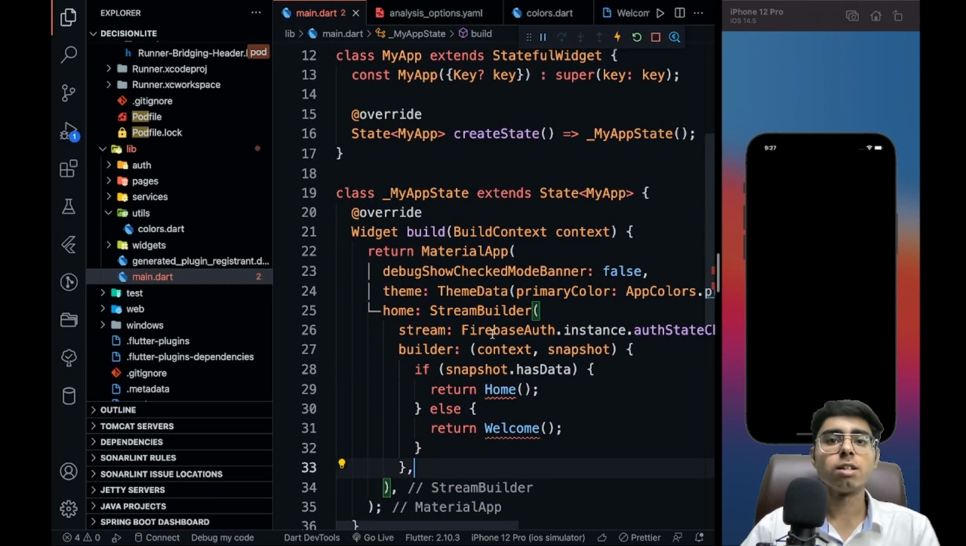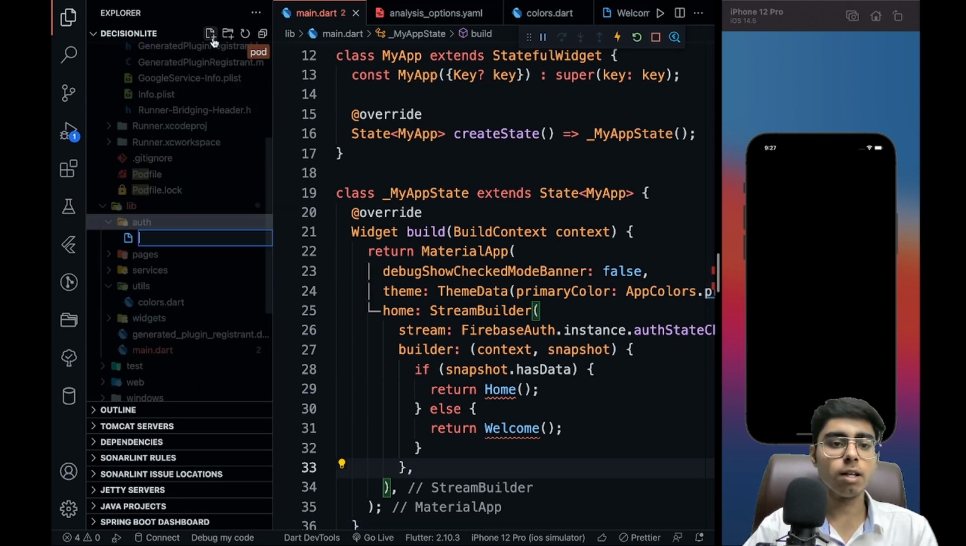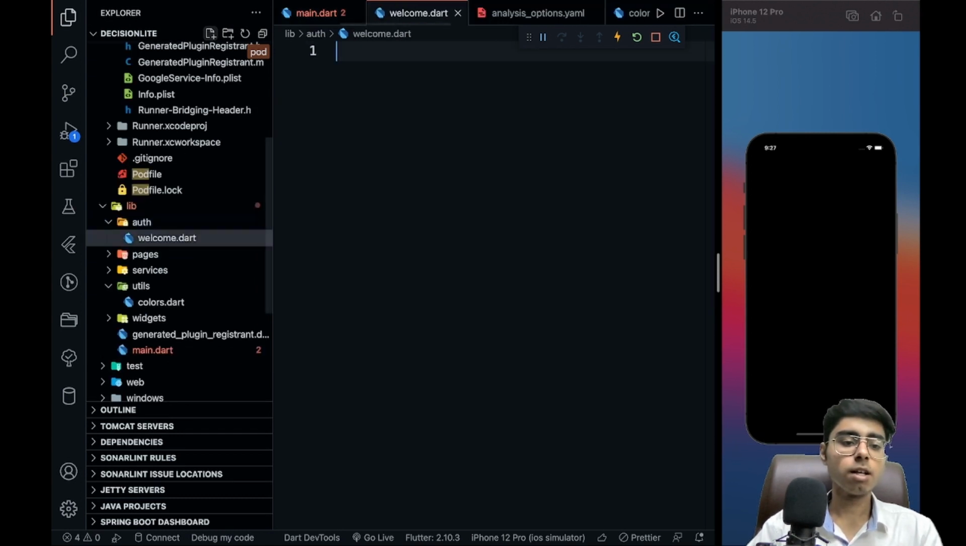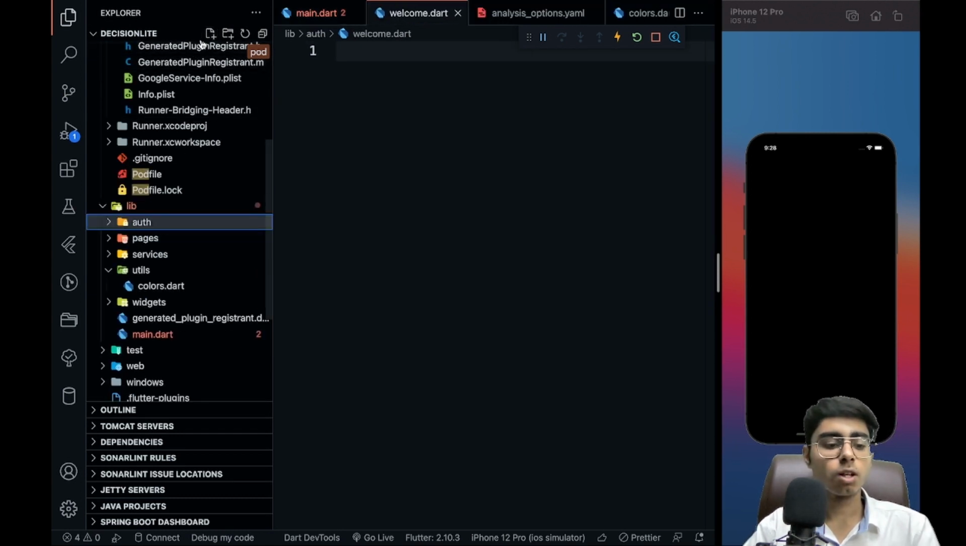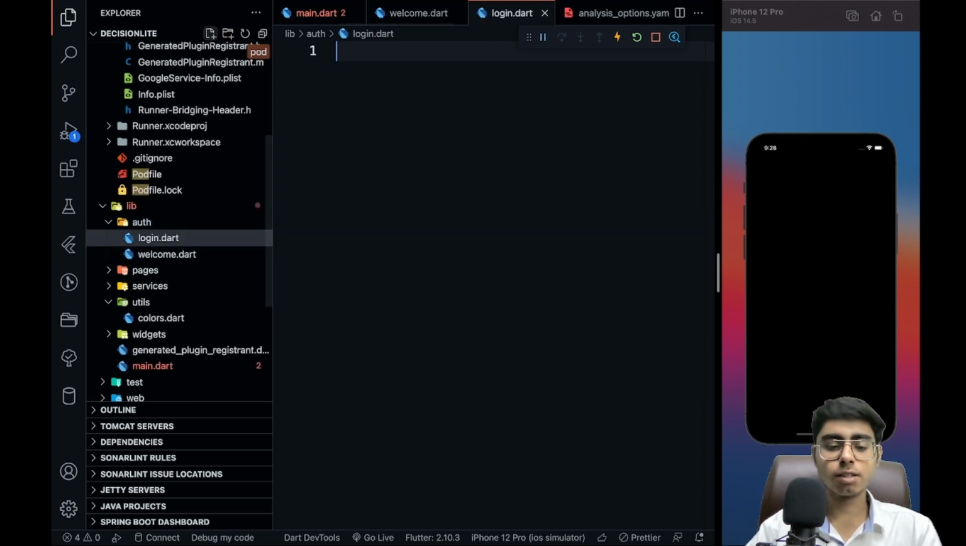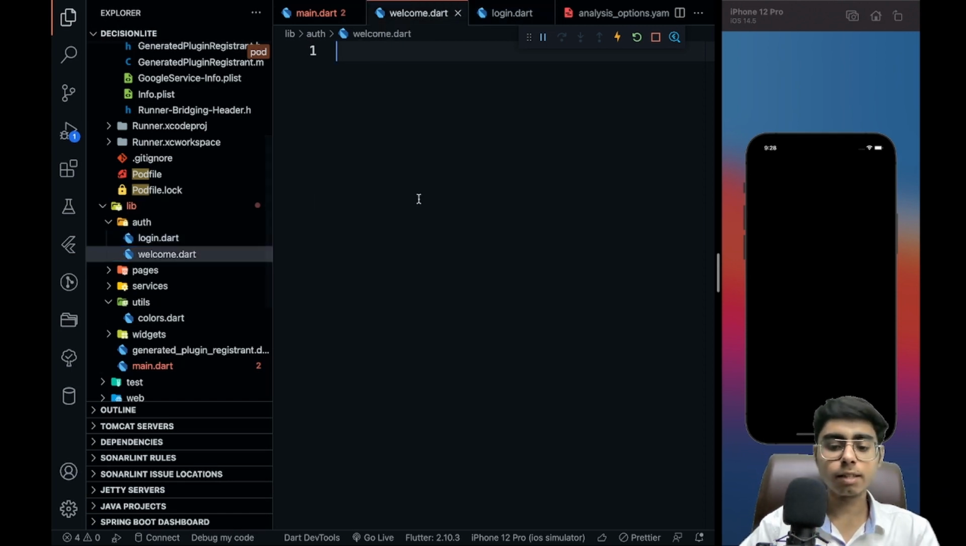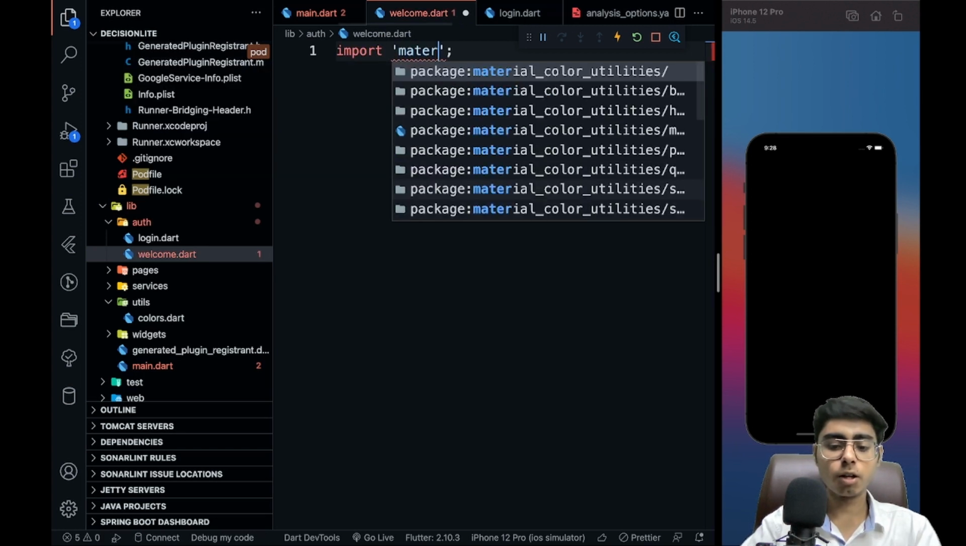So let's start with welcome. In the auth folder, I'm going to create one file called welcome.dart, and a second file called login.dart. So let me just create that, login.dart. Yes, this will contain the whole login page, that is email and password asking and all that. But before that, let's import material.dart